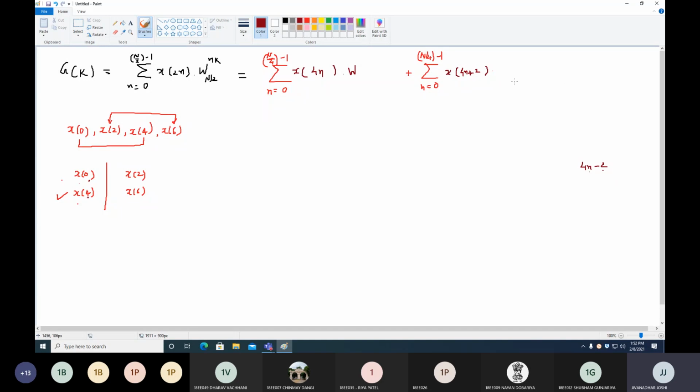Now let's decide the Twiddle factors. W raised to, now here we have n by 2, so n by 2 raised to nk. Instead of n, what should I write? 4n. In the equation of g of k it was 2n, and doubling 2n gives 4n. So here, n should be replaced with what? 2n. Please be careful about it. Yes, here we have to replace it with 2n. So this will be k into 2n, and similarly for 4n plus 2, which was 2n plus 1 before, here I have to write k into 2 into 2n plus 1. Yes, 2n plus 1.